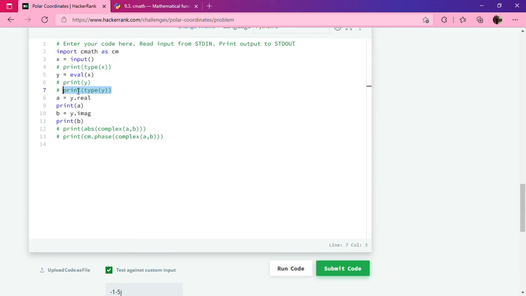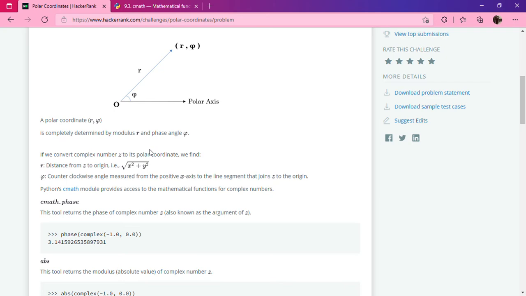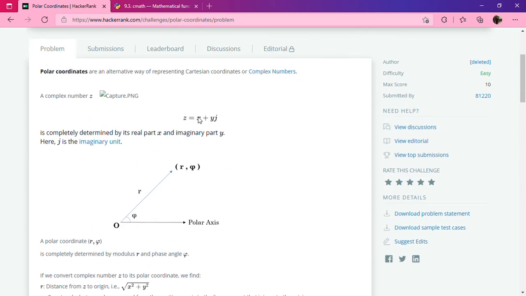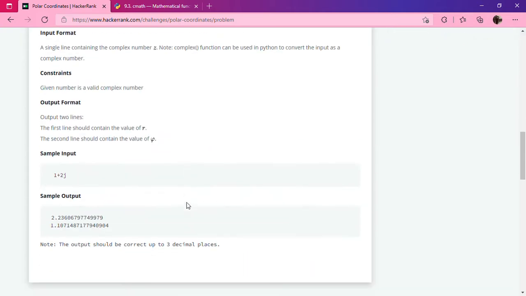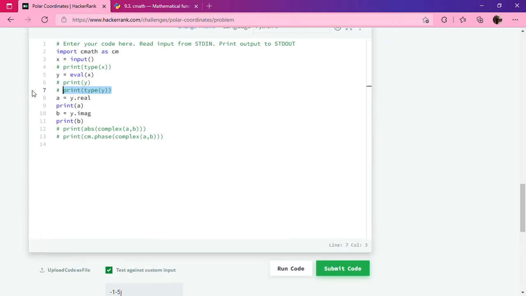In x plus yj, x is the real part and y is the imaginary part. We can access the real part by y.real, and we will store it in variable a, and b is equal to y.imag, the imaginary part.